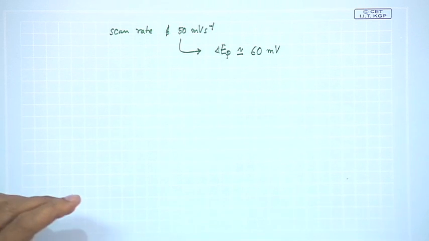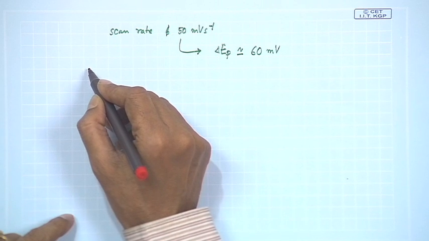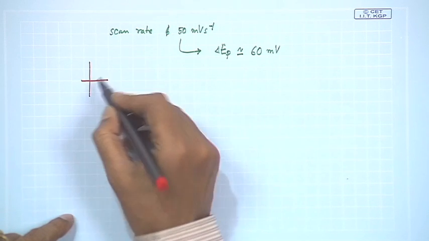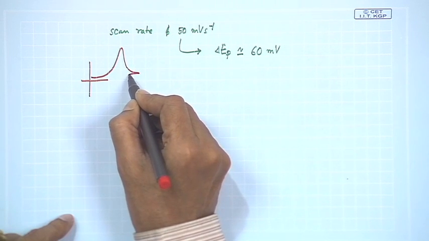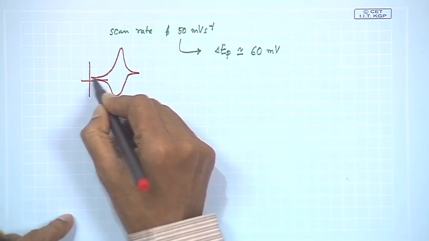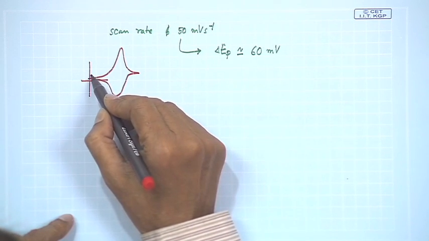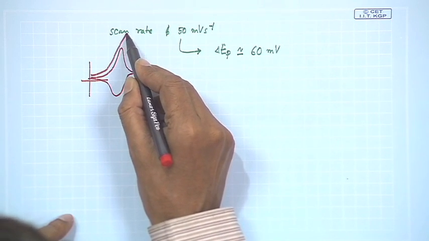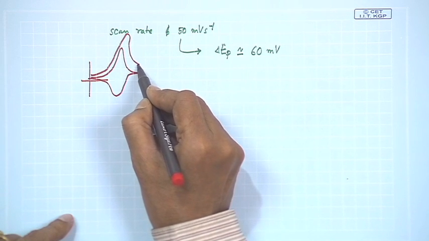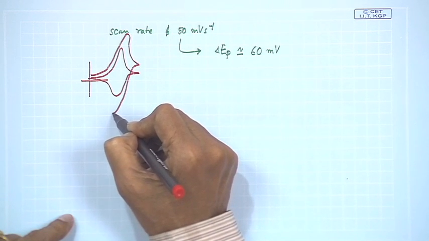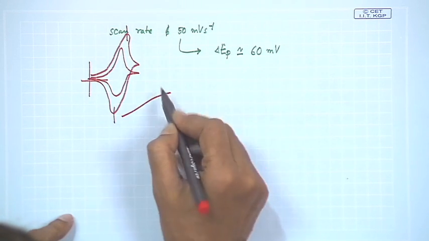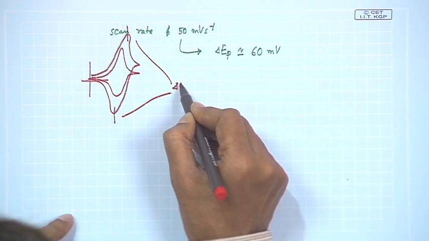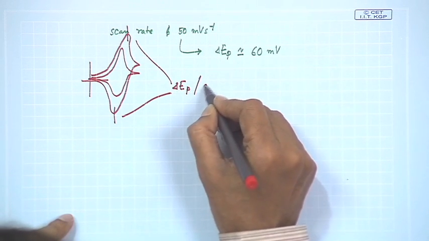You can also get the corresponding idea by looking at the corresponding electron transfer process, because what we see is that we get very small delta EP values when you have a scan rate of this type. But when the scan rate is higher, your current is increasing, but the peaks move like this and like this. So, this and this will tell you the corresponding delta EP value at